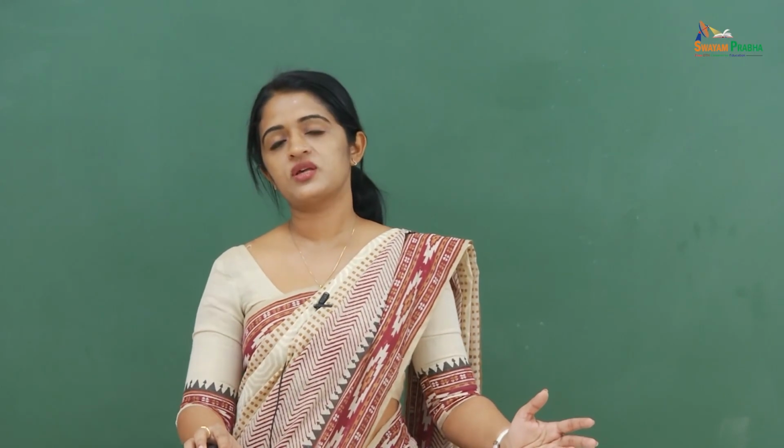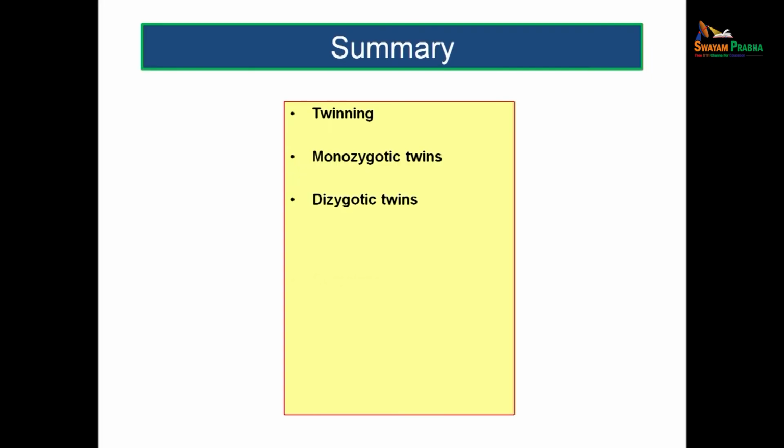So, to summarize, we have discussed the process known as twinning, how this happens. We have discussed the different patterns of monozygotic twins, when you will get the different patterns of monozygotic twins, and what we mean by a dizygotic twin, and what are the complications you expect in monozygotic twins, that is when you will get conjoined twins or double monsters, or what we mean by parasitic twins, and we have also discussed applied aspects like superfecundation and superfetation. So, this is all about twinning in a nutshell.